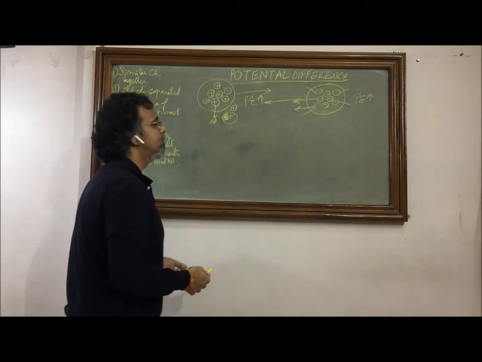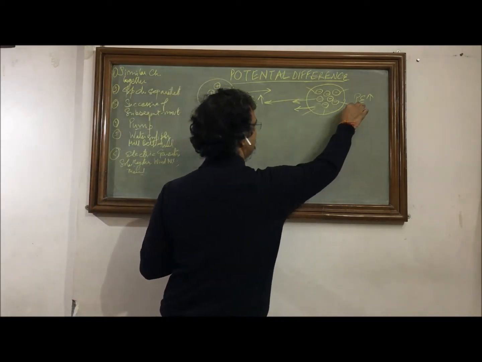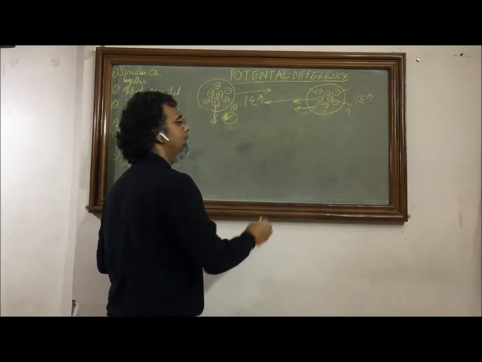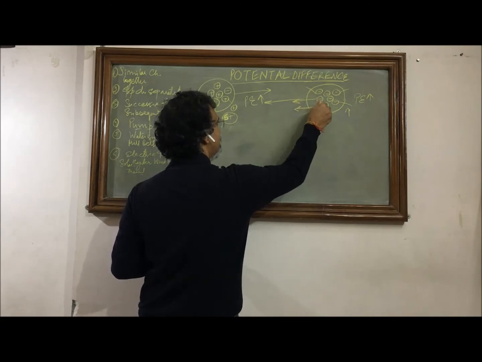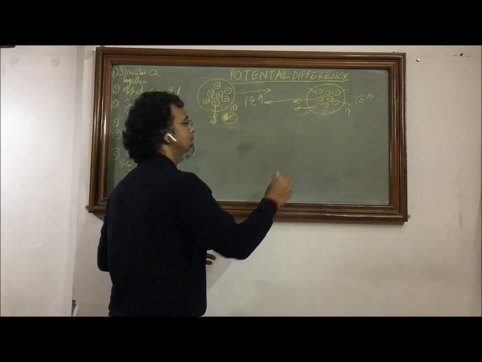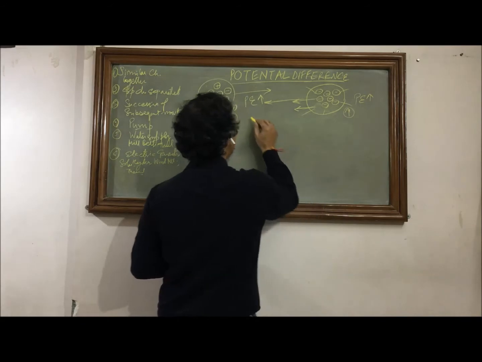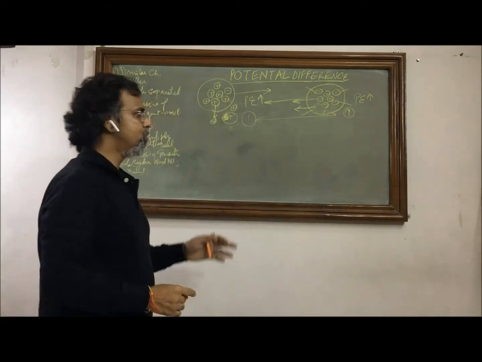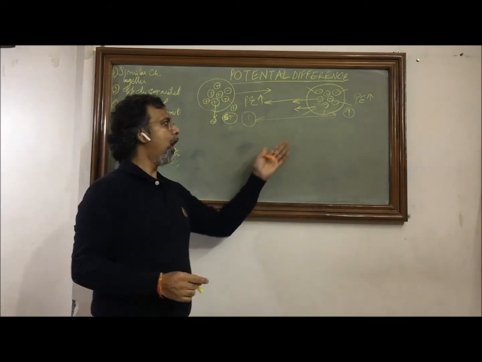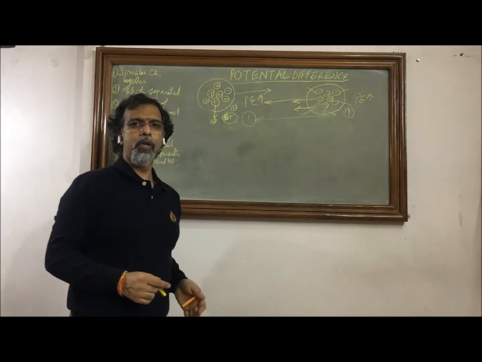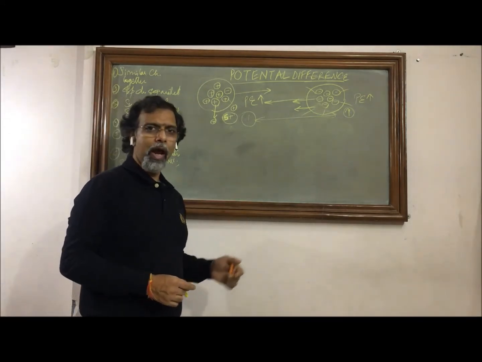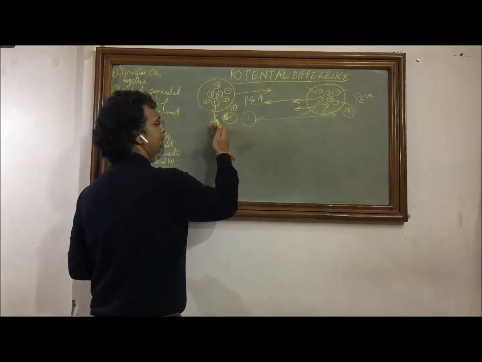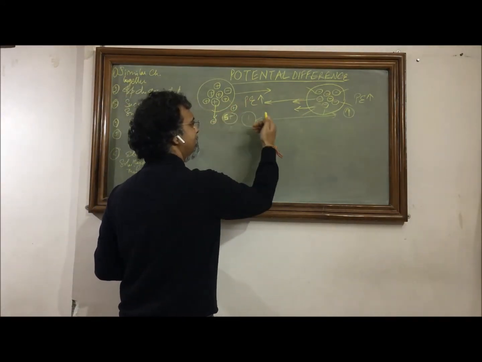In other words, we can say previously this was having higher potential energy, and here we are having lower potential energy for these negative ones. Now once one electron is shifting from here to here, the potential energy of this and the potential energy of this, and the difference, has decreased. So the initial potential difference and the potential difference after one charge moving will be different, and now it is lower. So the potential energy difference from initial to next step is decreasing.